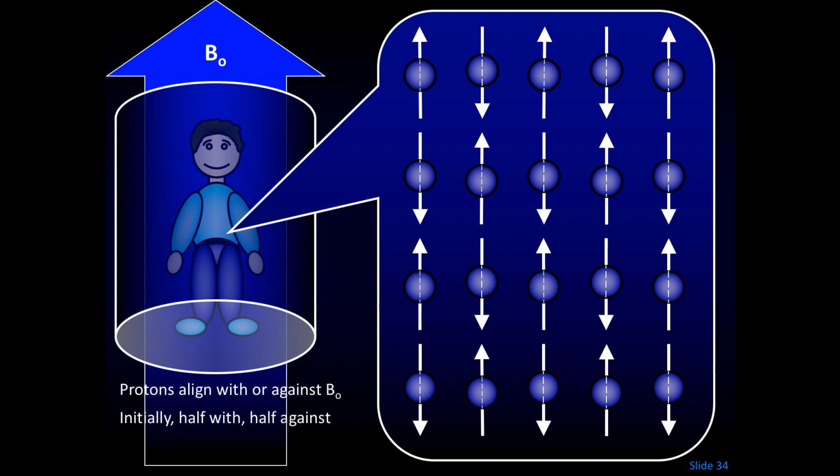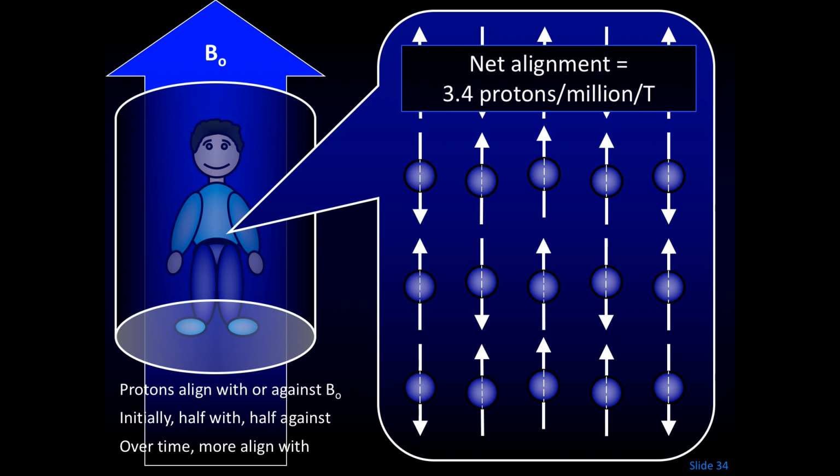Okay, I mentioned earlier that instantaneously all the protons are lined up, magnetic dipole moments are lined up either with or against the magnetic field, but they don't stay that way. Over time, they start to line up with the magnetic field. So over time, some will start lining up with the magnetic field. How many? Not many. The net alignment is 3.4 protons per million per Tesla. So if you had 1 million protons and put them into a magnetic field, eventually a little more would align